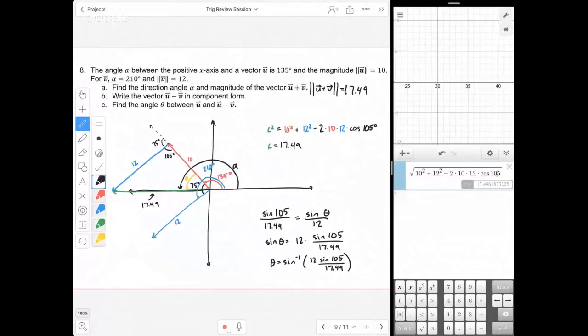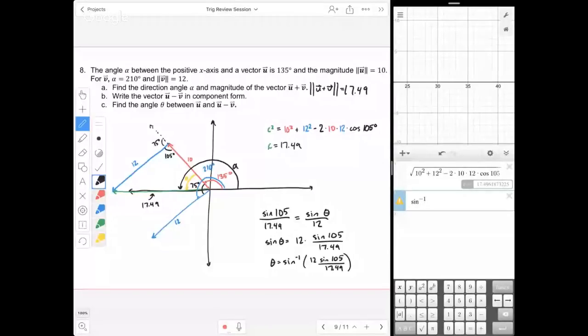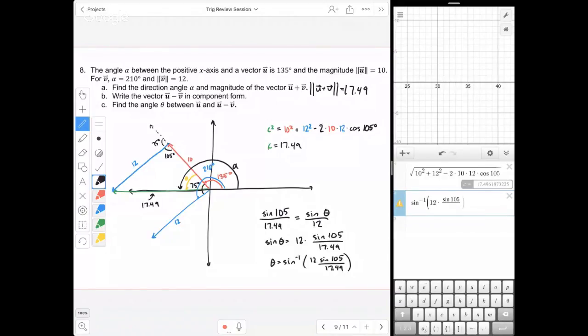So inverse sine of 12 times sine 105 over 17.49. Oh, let's just use C because I have it precise. 41.49. So theta equals